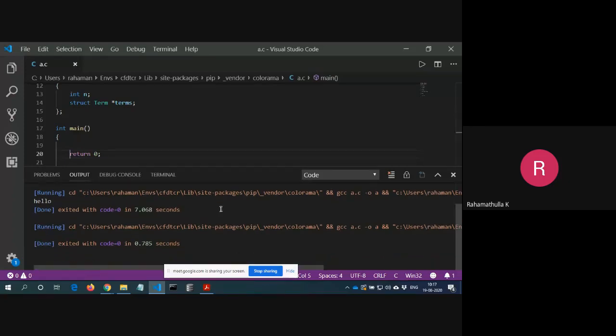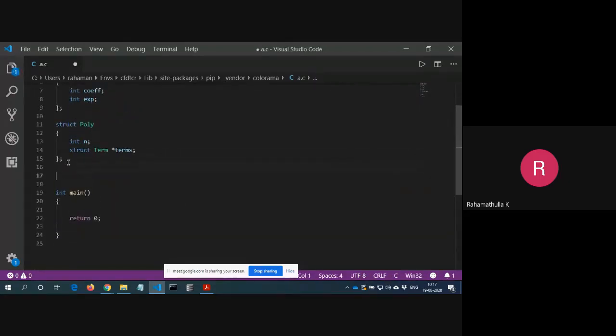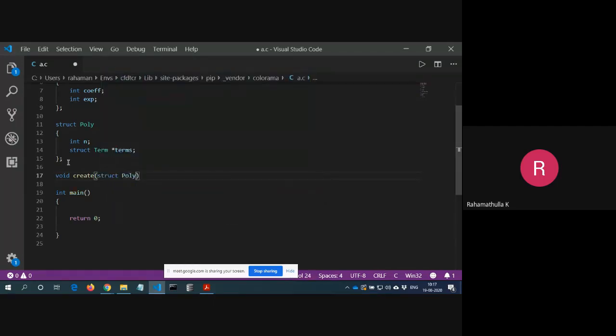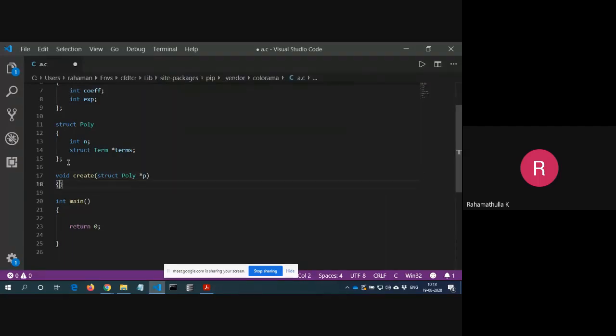Yeah, done, exited with code 0. Now we'll write a function for creating our polynomial, void create. To this we'll pass a polynomial, struct poly star p, a pointer to this.